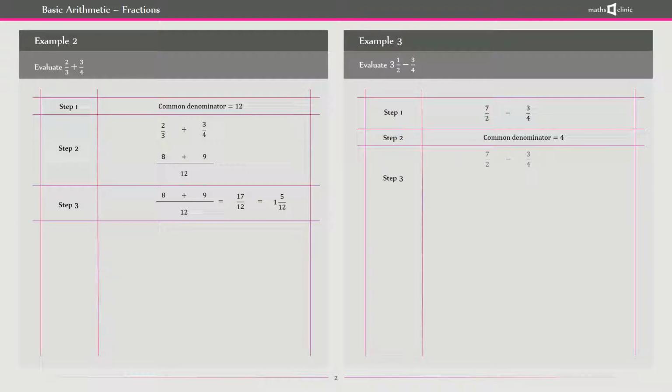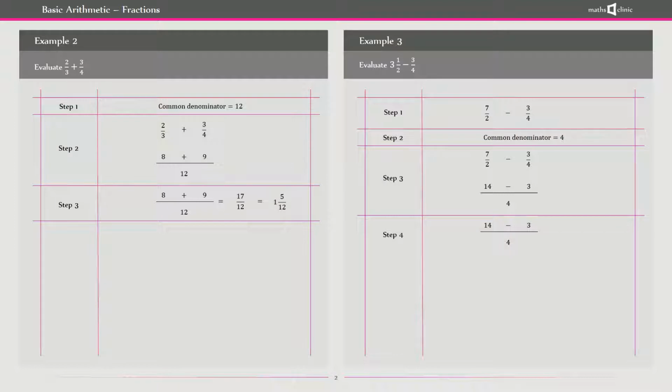Step 3, the next thing we want to do is write down our fractions, draw our line, and introduce our common denominator. Basically we go 4 divided by 2 multiplied by 7. 4 divided by 2 is 2, multiplied by 7 we have 14, and then we have 14 minus 4 divided by 4 is 1, multiplied by 3 we have 3, so 14 minus 3, and what we end up with is